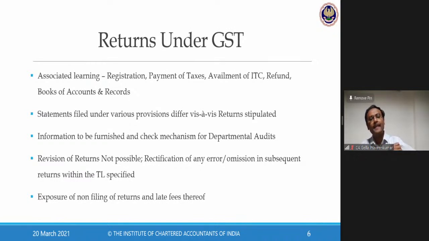This is one concept: when we talk about returns under GST law, we need to keep in mind that whatever returns we have to file, my input tax benefit, my refund related benefit, my payment of tax, where I can reduce my interest and penalty, and also the aspect of registration, which is linked with filing of returns, all these aspects are taken care of. Most of you, once you get qualified, once you get into practice or industry, will find that one area where you have very good exposure is returns filing. Under GST law, filing of returns is one area where you have very good practice. So this is one thing you need to keep in mind.